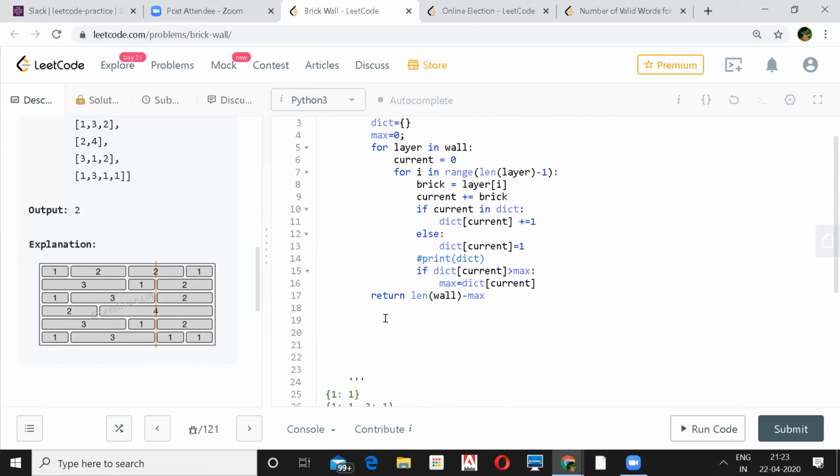And regarding time complexity, I think it should be order of n square only. So basically it will be order of bricks: the total number of bricks which we are traversing, each brick exactly once. So total time complexity will be O of B, where B is the number of bricks. Yeah, in the rows, I will have to count each and every brick. Yeah, that makes sense.